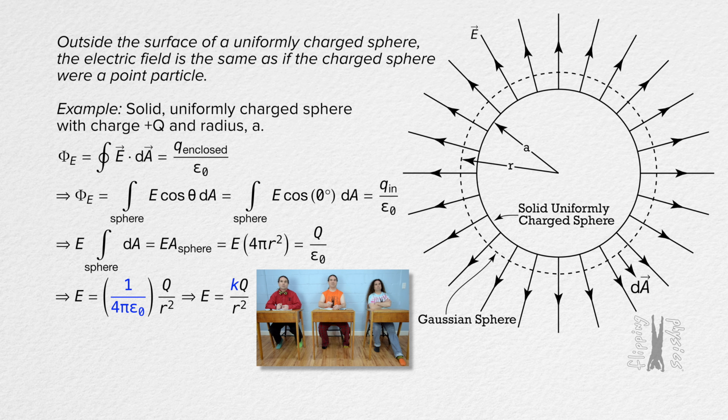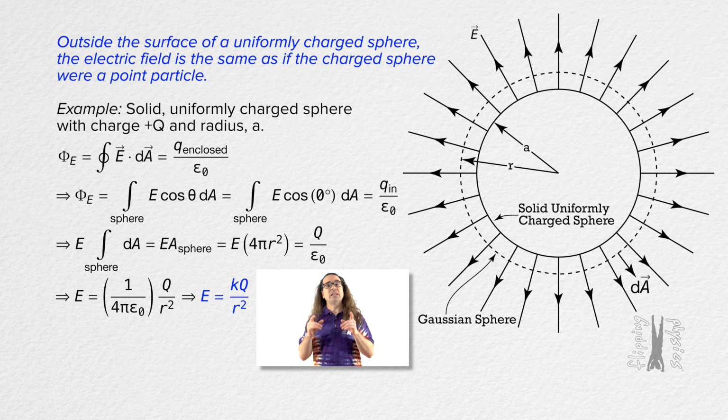I just proved that outside the surface of a uniformly charged sphere, the electric field is the same as if the charged sphere were a point particle, and clearly it works at any point outside the sphere, no matter how close to the surface. Now, realize this is true of a conductor or an insulator. However, the electric field inside a conductor will be 0, and inside an insulator, the electric field depends on the radius and charge distribution, and can be derived in a similar manner to what Bobby just did. We're not going to do that today because, well, we've been learning for quite a while today.